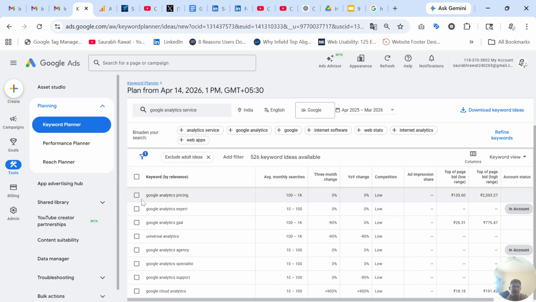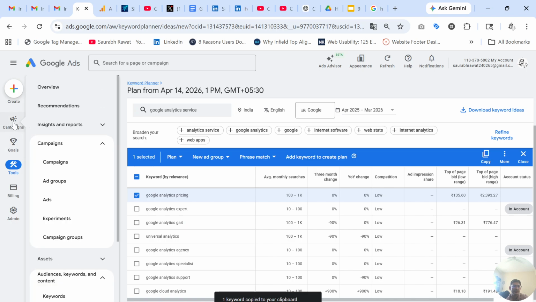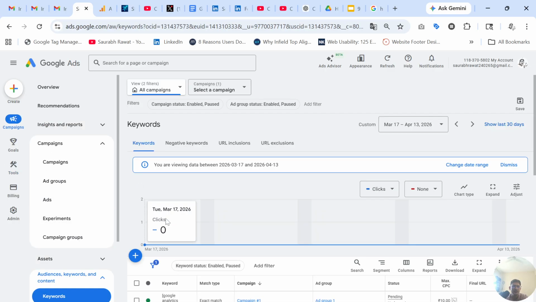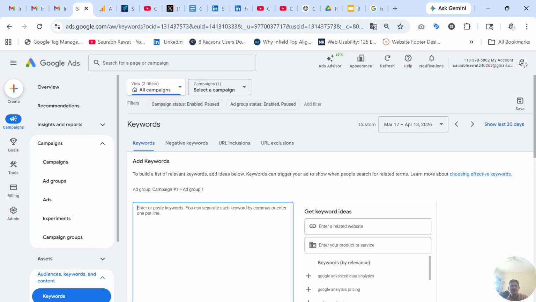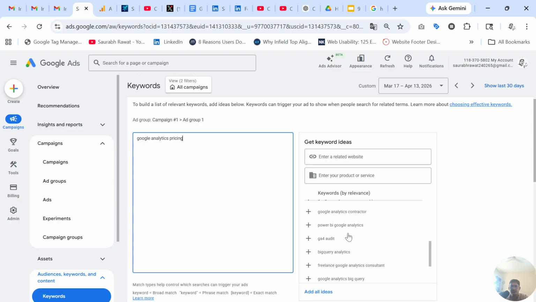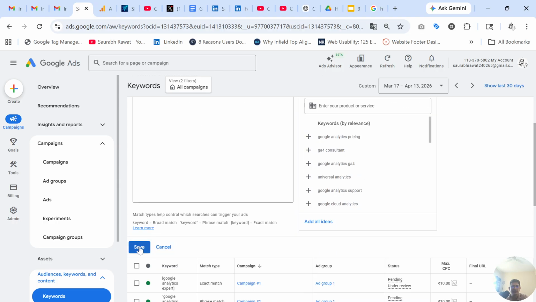If you want to add one more keyword, you can select that keyword, and here you can see bidding and all, and you can add to create a plan. You can make it phrase or broad or exact, or you can simply click here, and then you can go to campaign, and then inside the audience keywords and content you can find keywords, and here you can click on the plus icon, select campaign and ad group, and paste your keyword. Here you can find more relevant keywords, and if you click on plus it will add it automatically, and then you can save it,